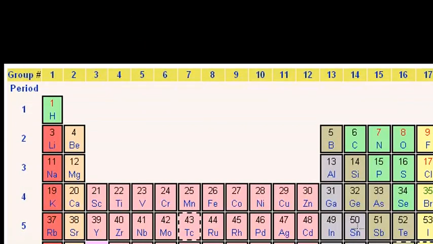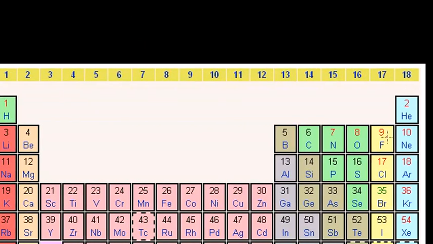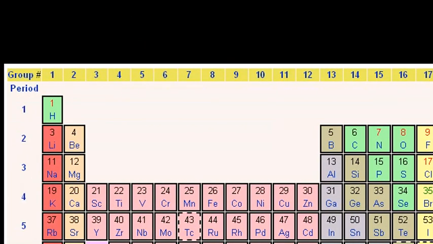If you were to take a number of snapshots of helium, which has 2 electrons, both of them in the 1s orbital, it would look like this. If you took one snapshot, maybe the electron will be there. The next snapshot, maybe the electron is there. Then the electron's there. Then it's there. And if you kept doing the snapshots, you would have a bunch of them really close, and